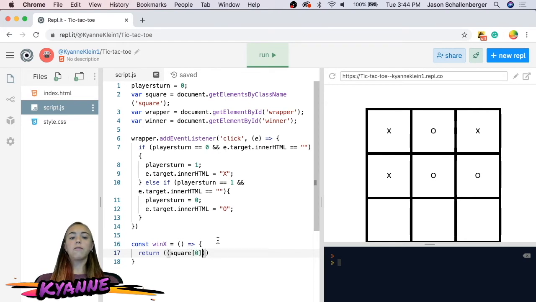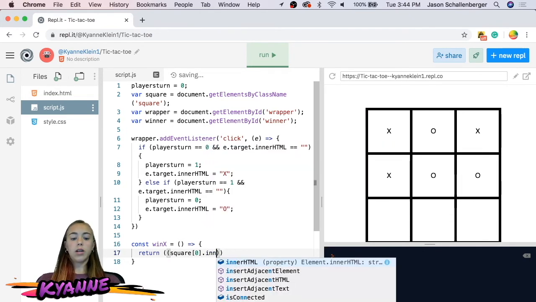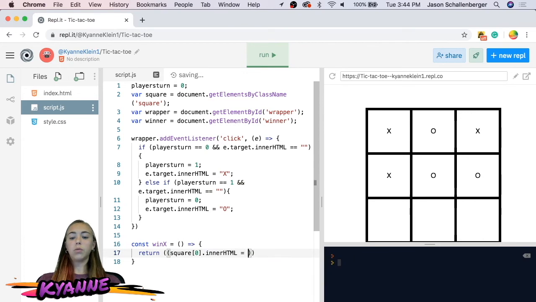So we're getting the first box in the array, and we're saying if the square 0 dot inner HTML equals x,